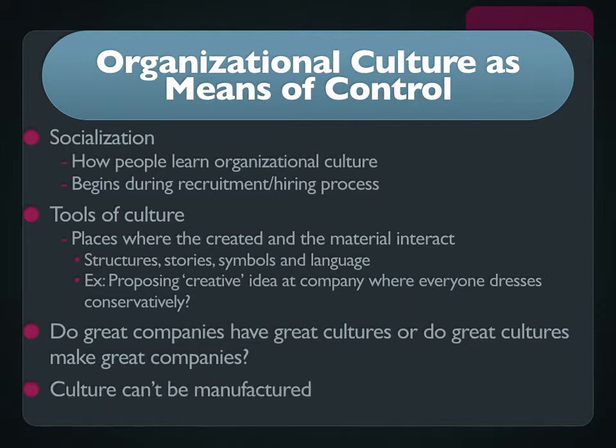The other problem is that culture can't be manufactured. A CEO just can't come in and say, we're going to have a positive culture. These things are quite nebulous. They have an emergence type property, which means that they tend to only exist as people come together, and the way that they come together has unique ways of affecting culture. So it's not the aggregate, it's not the simple sum of each individual employee. Something happens when the group comes together that creates this culture.